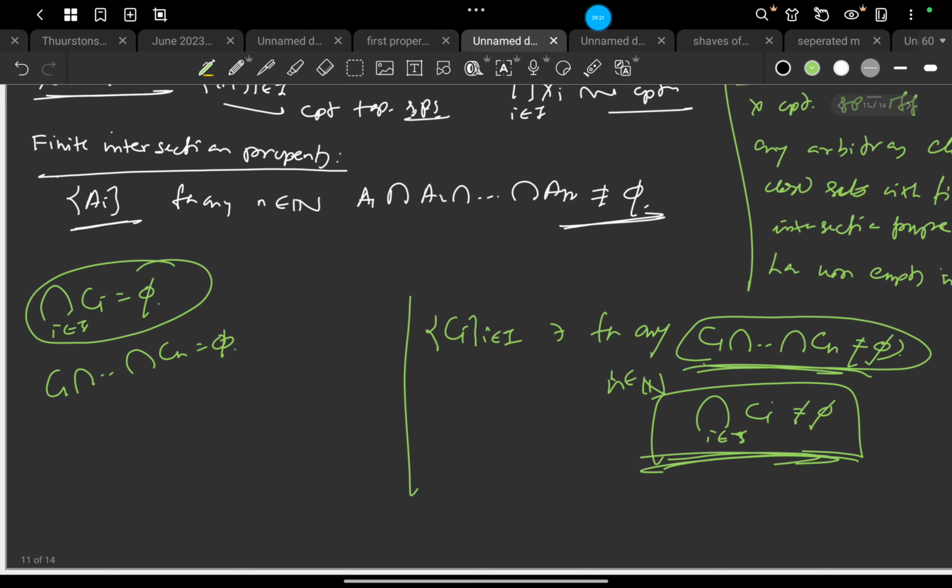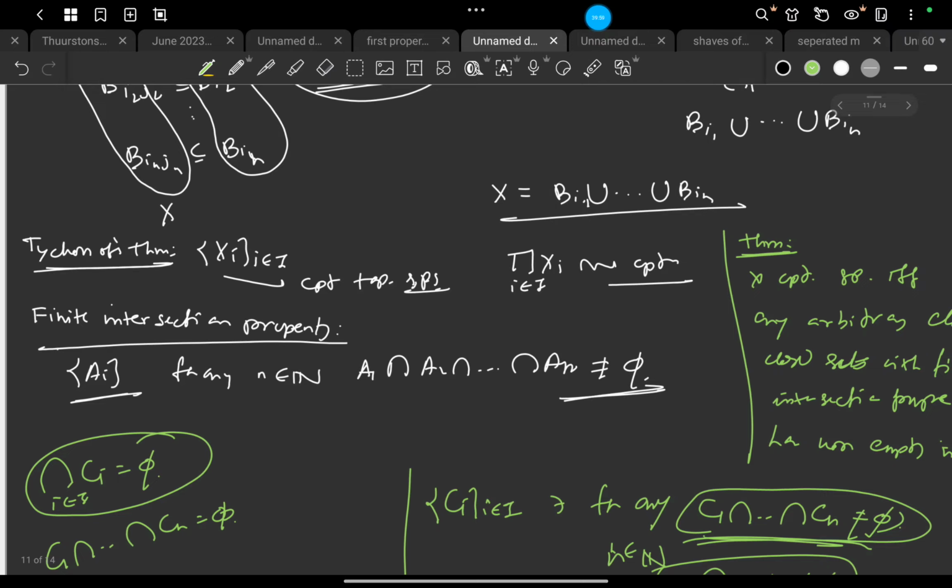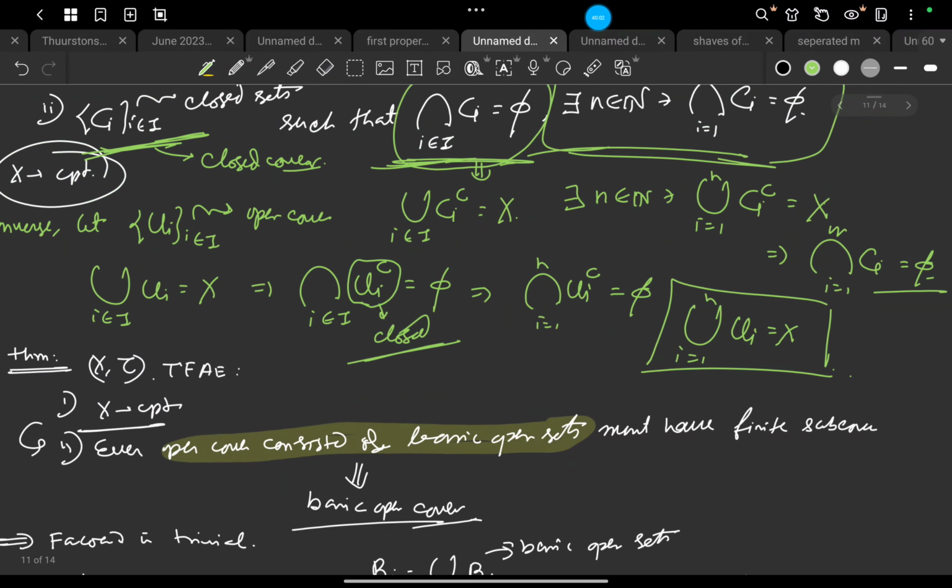So once you want to work with a certain collection of closed sets to prove that a topological space is compact, make sure that the collection of closed sets you have chosen doesn't satisfy the finite intersection property. That is the key idea to prove Tychonoff's theorem. Of course, one may have different approaches, but this is the shortest strategy that I have found. All right, let us change this page.